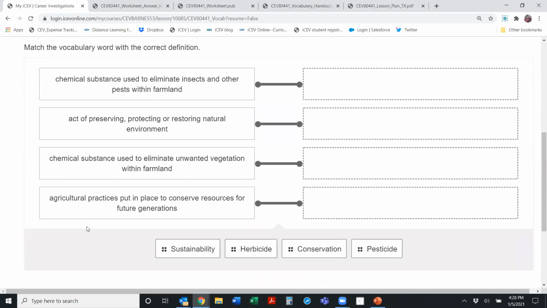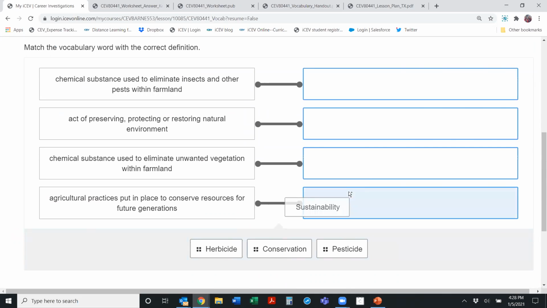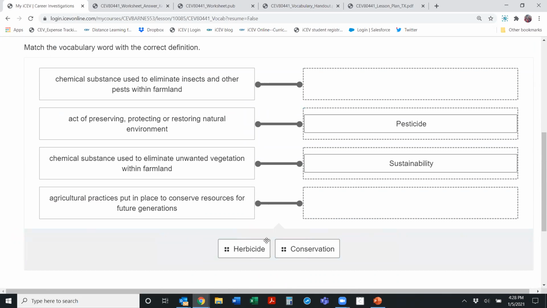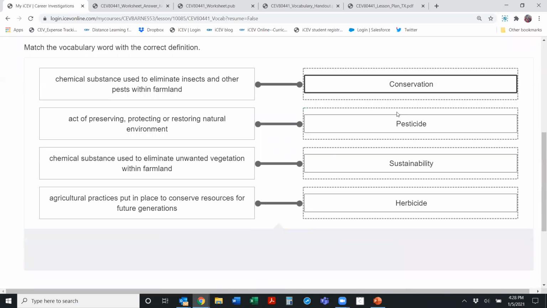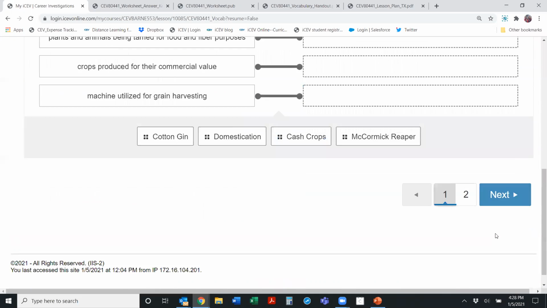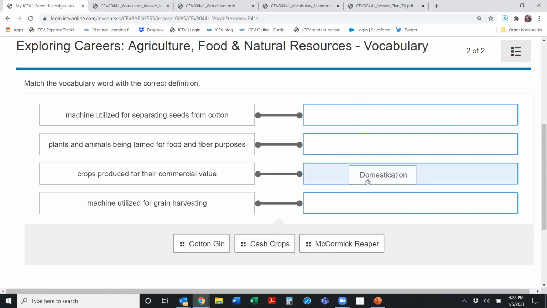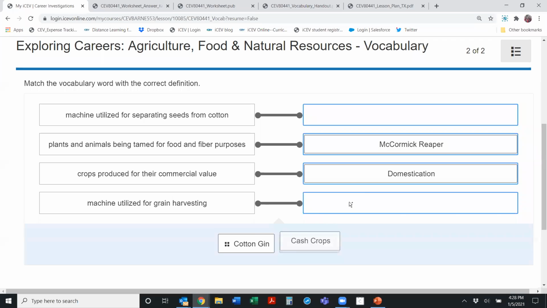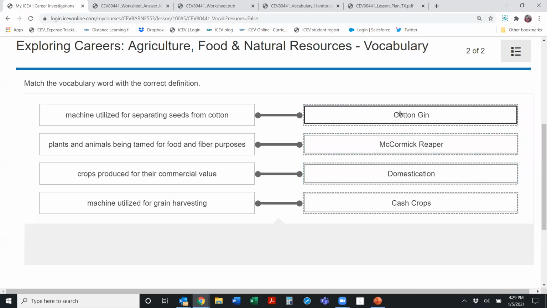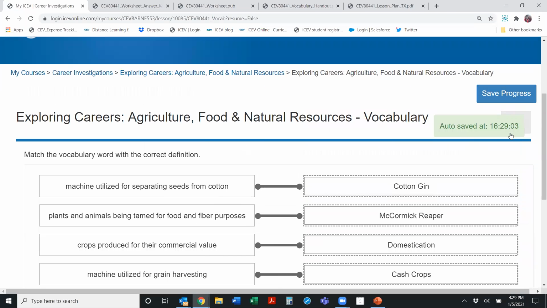So instead of them doing a matching or whatever for vocabulary, it's a drag and drop, and they would just drag the words up there, and I'm not paying attention to what I'm doing, so don't judge me. And then when they're done, it would grade it automatically for you. So the students could get it graded. Notice it saves it automatically. So it's saved to the cloud.